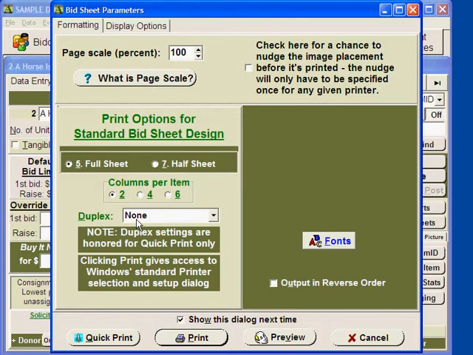And next we have the duplex option. So if you do have a duplex printer, you can select bind long edge, and that will allow you to print a bid sheet that has a back and a front. For this example, we will select duplex printer none, which will print only one sheet per page, the front of